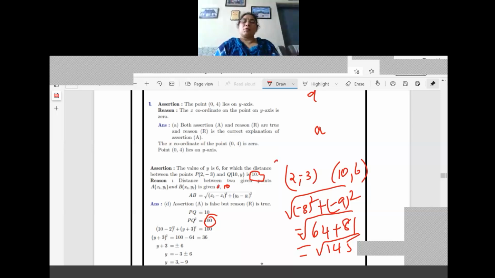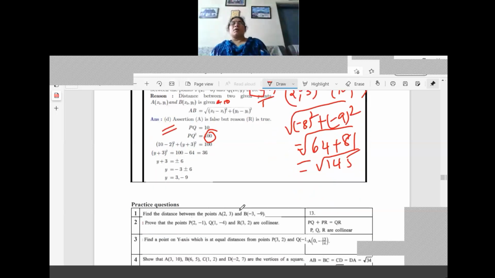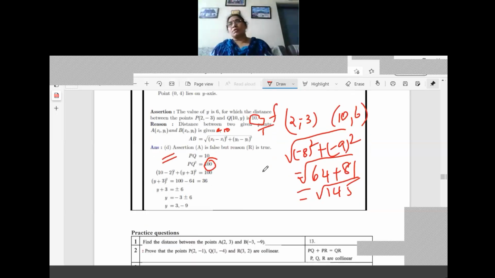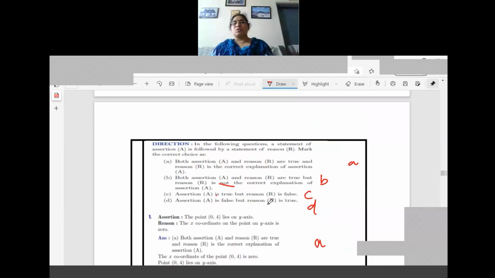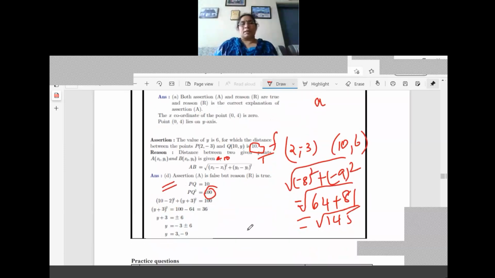So you don't have any other option that both are false. Understood? So one of these should be correct only. So I think it's my error only. So it's a 10 we'll write here. So here this is also false. This is true will make. That is why the answer is D only. Otherwise, how they had done, PQ is 100, y equal to 3 comma 9, 3 comma minus 9 only values are getting. The value of y is 6 is not possible only, right here. So here what is the option? D is written. Both cannot be false only. There is no option like that, as this is also false and the reason is also false. So some error is there in the question. So it should be 10 only. I think it should be written.